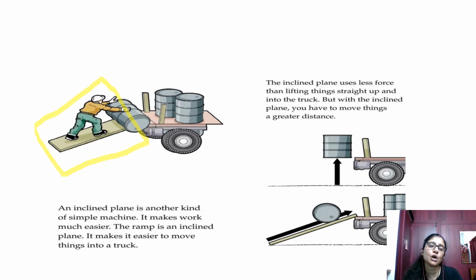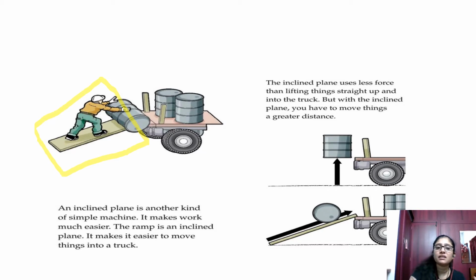If you have visited hospitals, you would have seen patients. Some patients who have undergone surgery cannot walk, or cannot use the staircase. So in hospitals they have a slanting portion, where the patient is moved down in a wheelchair. The nurse or the compounder will be pushing that wheelchair through the inclined plane. That is the ramp. Why is it used? Because the patients cannot walk or use the staircase. Even on the staircase you cannot use the wheelchair. So that is the purpose, and that is an example of an inclined plane.